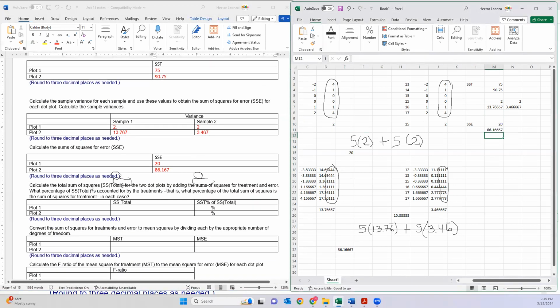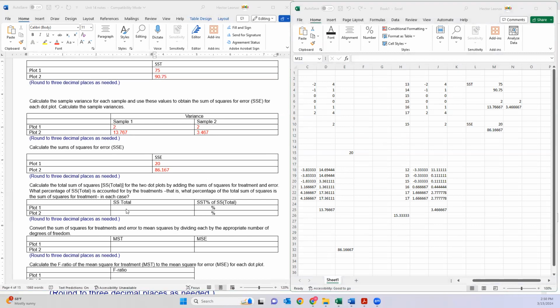Now, my total here. Calculate the total sum of squares, which we're going to call SS total, for the dot plot by adding the sums of the squares for treatment and error. What percentage of SS total is accumulated by the treatment? That is, what percentage of the total sum of squares is the sum of the squares for treatment in each case? Okay, so for my SS total,